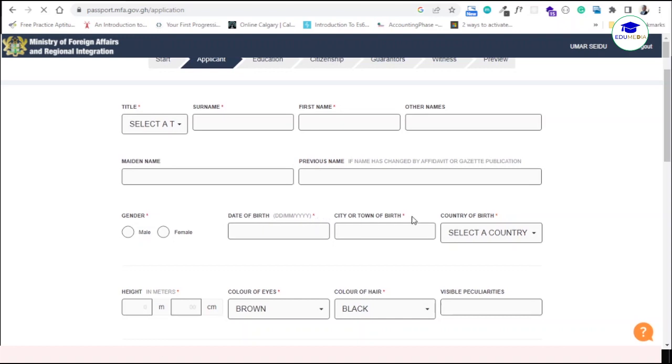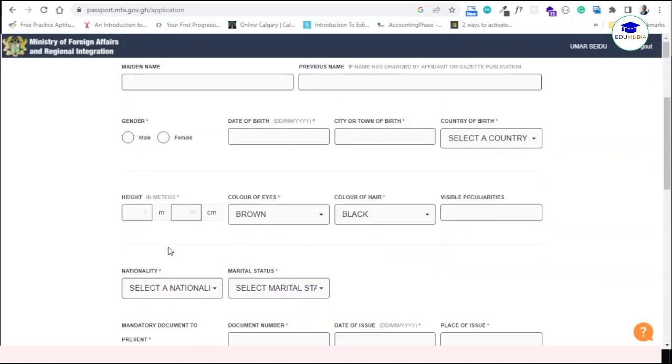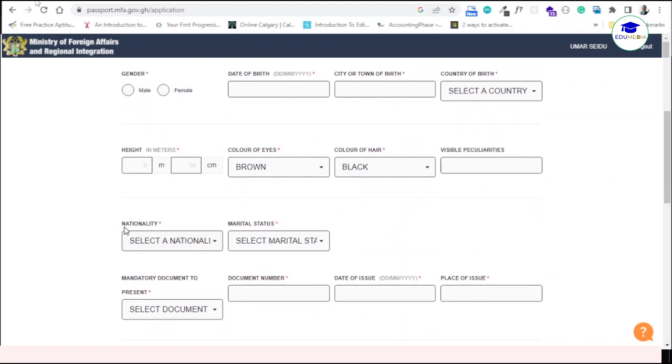Write the same thing that is on the Ghana card. If you have 1.5 on your Ghana card, write 1 at the meters area, and then in the centimeters box you write the 50. After that, you put your national ID number here, your profession, you put those things, you put your social security number if you have any, your voter's ID number if you have it, then you